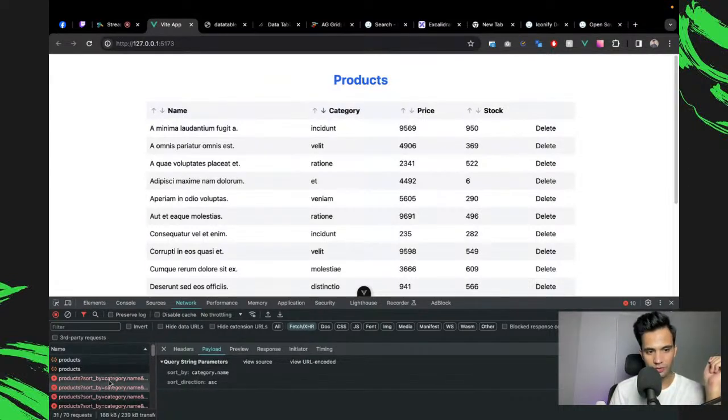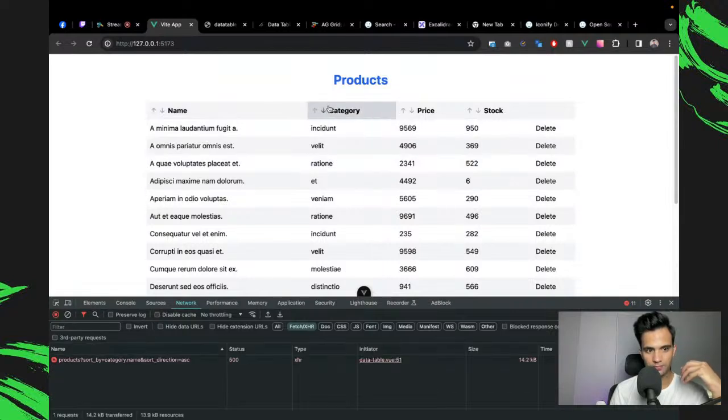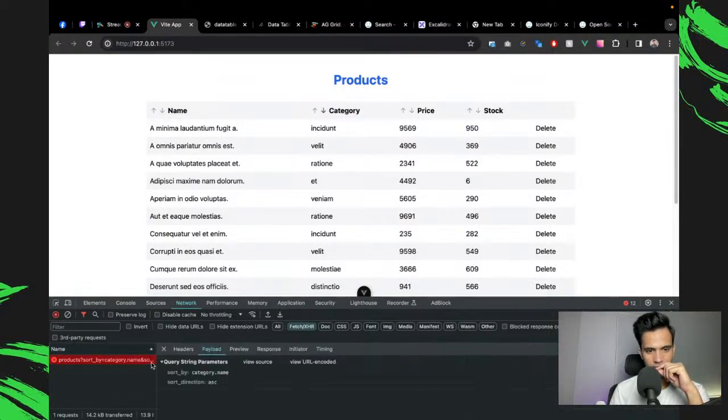The only thing that's not working in the sorting is our logic on the backend. So let's try to do it, or maybe not today. On the backend, basically, if the sort key has a dot in it, that means we'll have to look for that relationship.